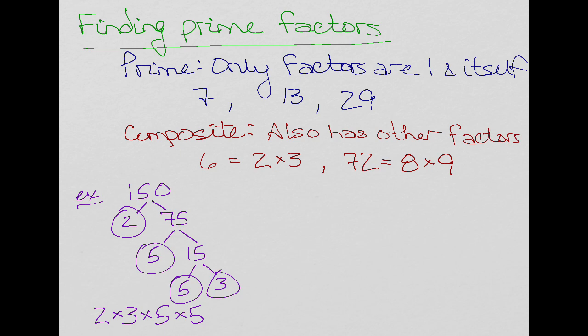Let's do another one just for good measure. Let's do 91. Well, 91's not even. I can't divide it by 2. You might try dividing it by 3 and you'll get a decimal. It's not a whole number. That doesn't work. If 2 didn't work, neither will anything else that's even. And it turns out that I actually can divide 91 by 7, and really, keep trying things until you find something that works. If I divide 91 by 7, I get